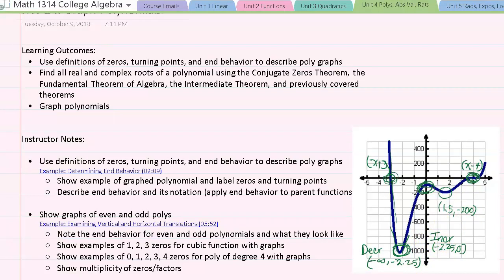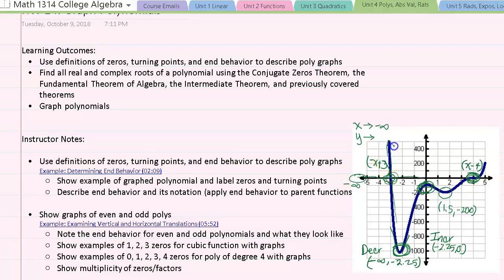One last thing I want to mention about this graph is the end behavior of this graph. To describe the end behavior, we first talk about the x values to see which end of the graph we want to describe. When we say, as x approaches negative infinity, this means we need to look at the far left of the graph and ask, what are the y values doing? Looking at the graph at the far left,